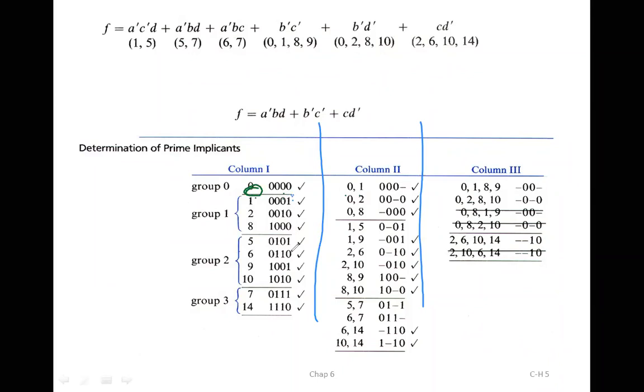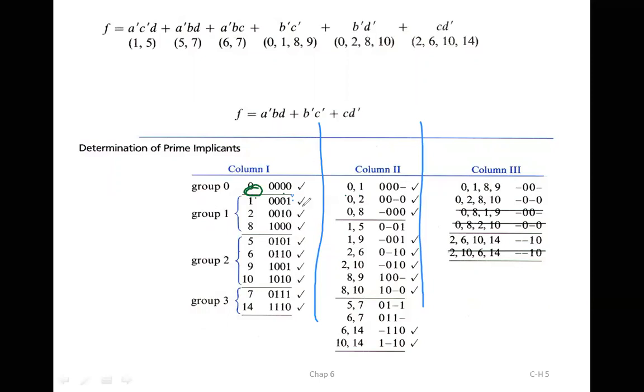So 3 bit difference I cannot take. Again, 1 I should compare with 9. When I compare 1 with 9, there will be only change in the first bit. So hyphen 0, 0, 1. Again, I should compare 1 with 10. If I compare 1 with 10, I can see the second bit has changed, third bit has changed, fourth bit is also changed. So 3 bits are changed. So comparison of 1 is over.